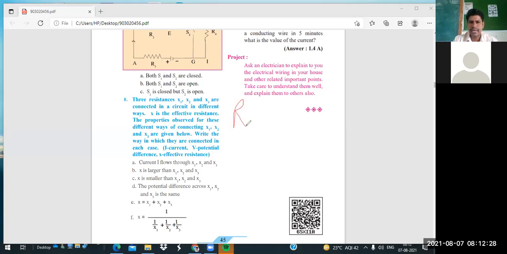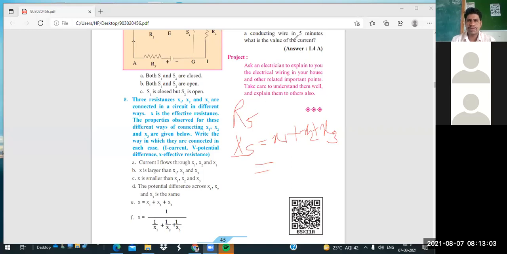So we write like this, RS, but here we are writing XS. So XS is equal to X1 plus X2 plus X3. And we know that if all three are added, then only it's possible for this X to be the larger. That means all these, X1, X2 and X3, are in series. What is the answer? They are in series. Understood everyone? Yes or no? Everybody understood?